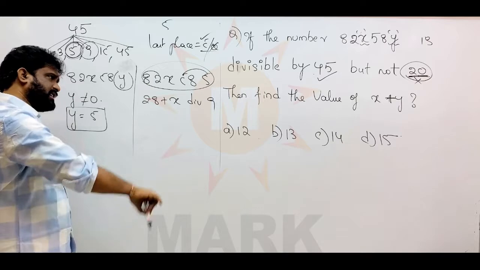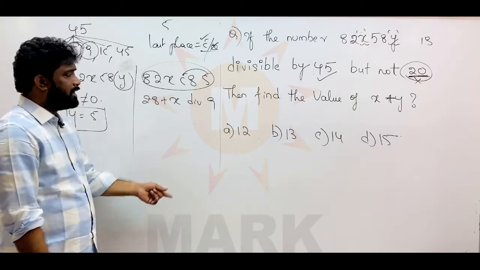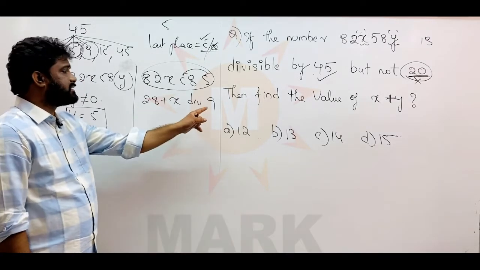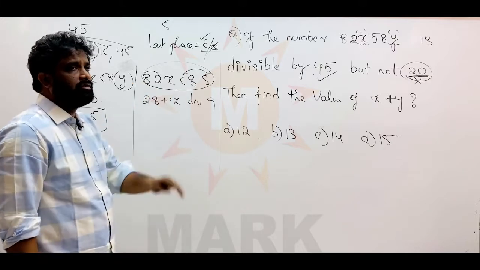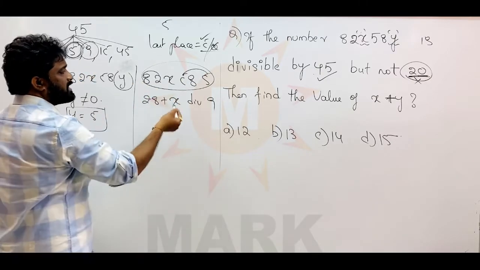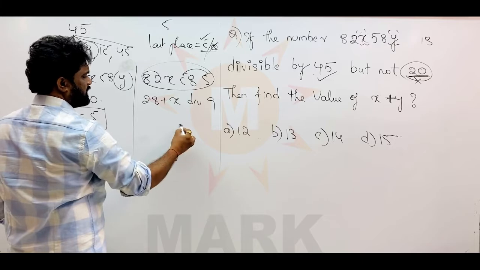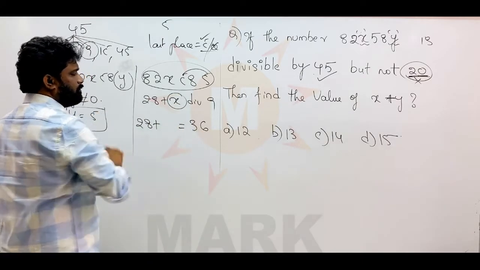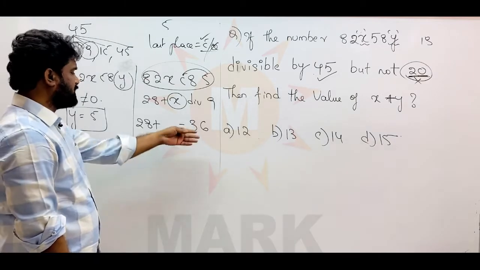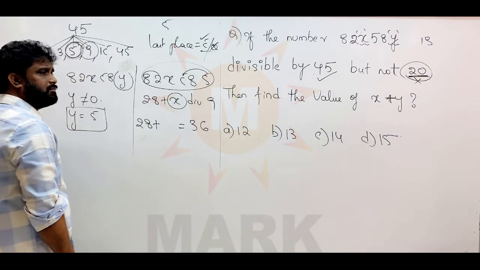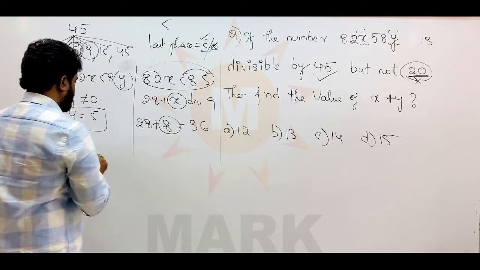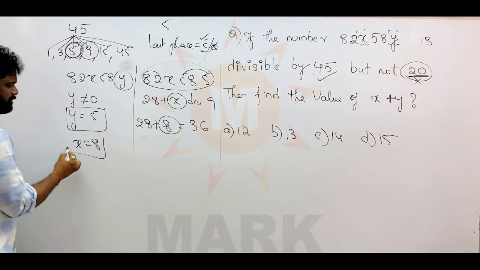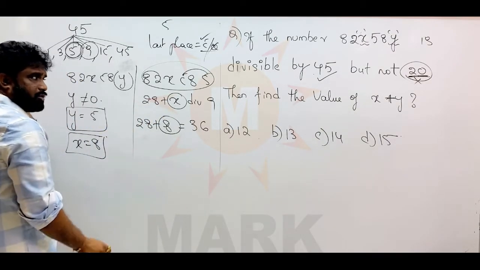What is the value of x? x के place में क्या मान लगाने से this whole number will be divisible by 9? What is the next immediate number that is divisible by 9? 36. 36 होना पड़ेगा आपको. So by putting what value in the place of x do we make it 36, friends? 8. x should be 8. If you put 8 here, so finally the number is